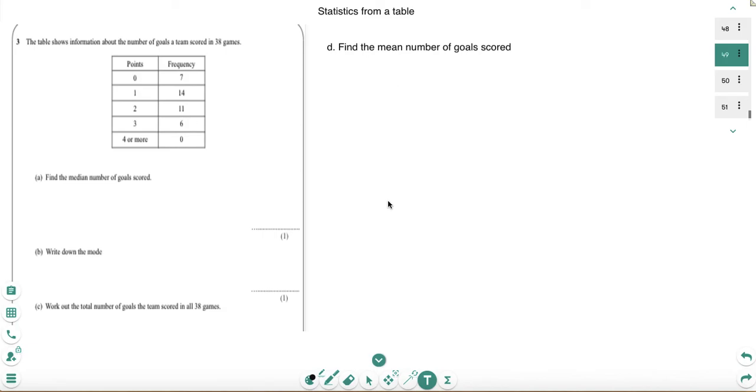Guys, now we're going to do statistics from a table. Let's have a read through. The table shows information about the number of goals a team scored in 38 games. So